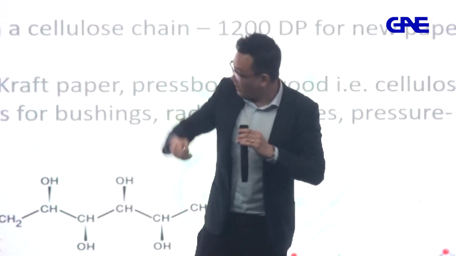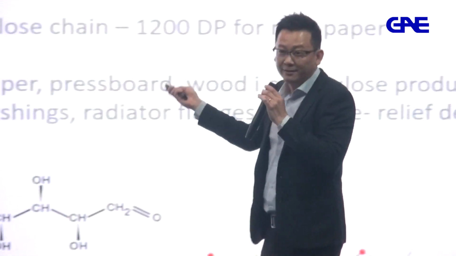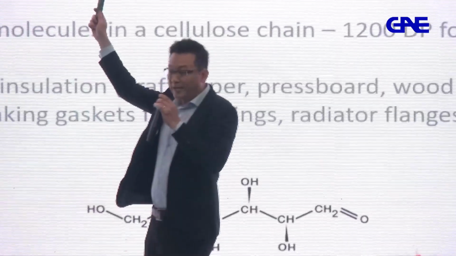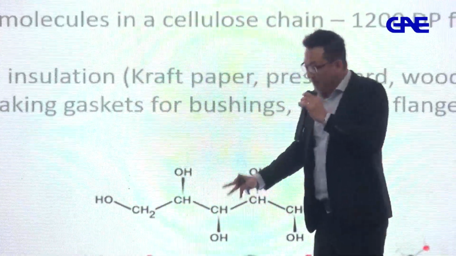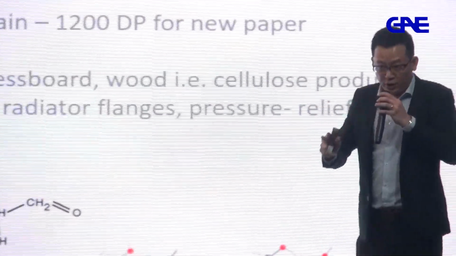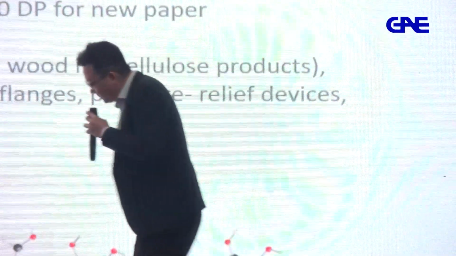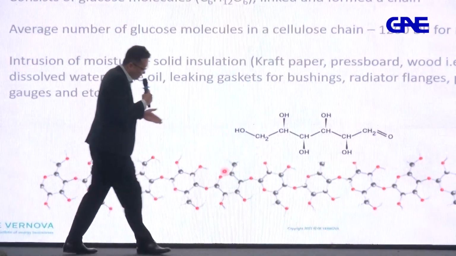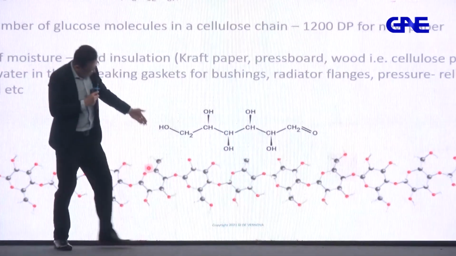this one is working, but when you point onto the wall, you can't see anything, you know. Okay, it's a C6H12O6. Okay, so these are being linked and form a chain. What you see over here, this is the chain inside a cellulose. Okay, and this is the chemical formation equation of